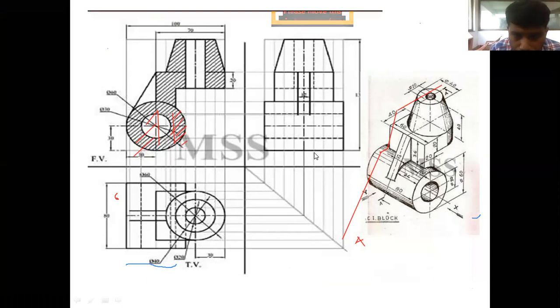And after this, we have to draw the hidden lines. Hidden lines will be like this. These are the hidden lines where you can see from here to here it is there. So this can't be seen, it is a hidden line.